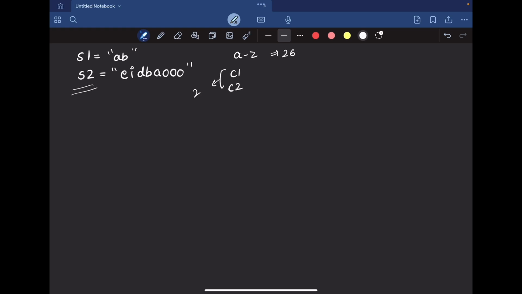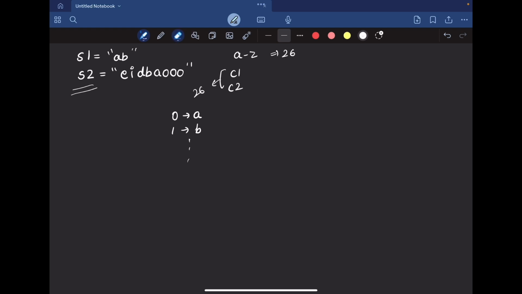Both will be of size 26 because we have 26 alphabets. So the 0th index will denote the count of A, the first index will denote the count of B, and so on, right?